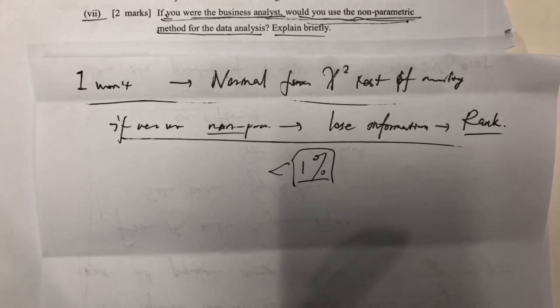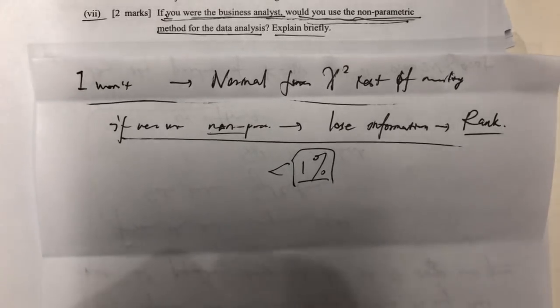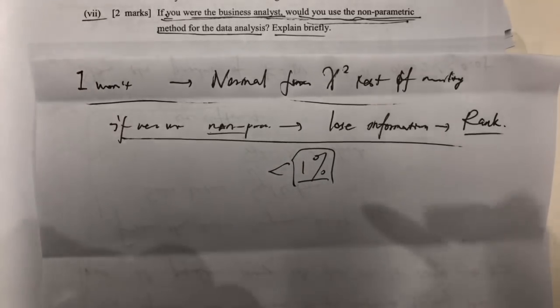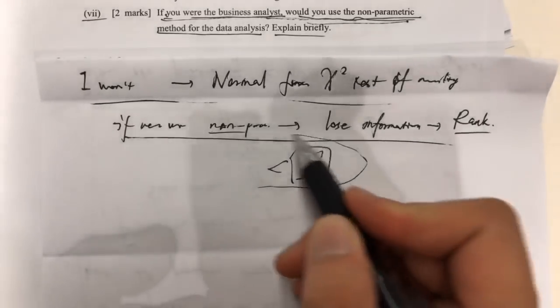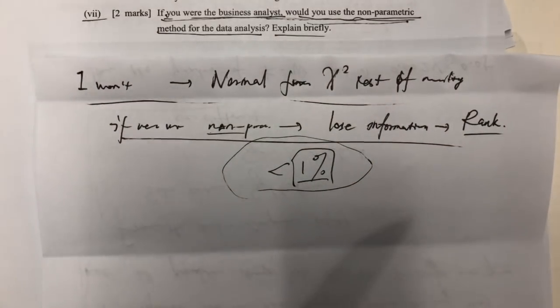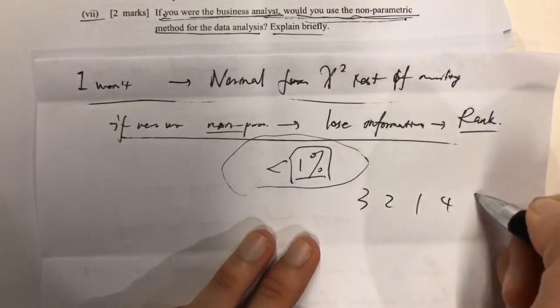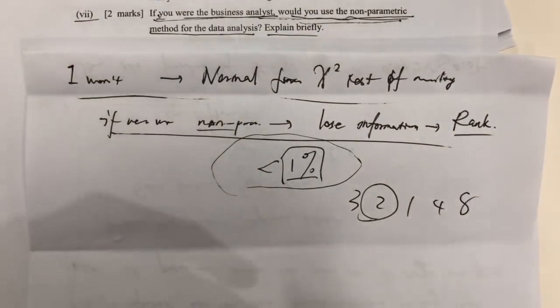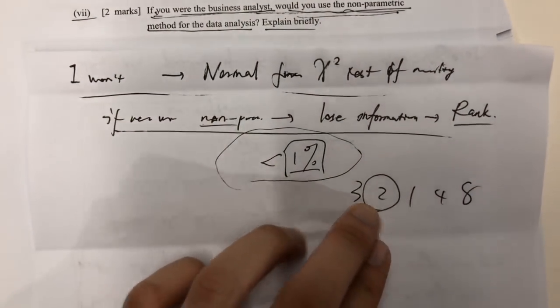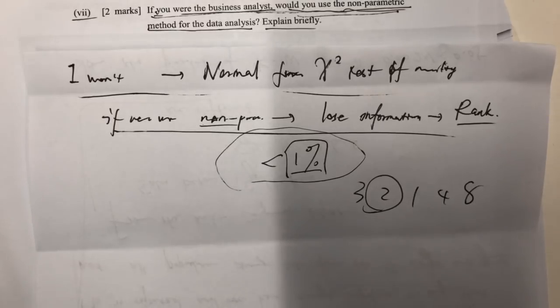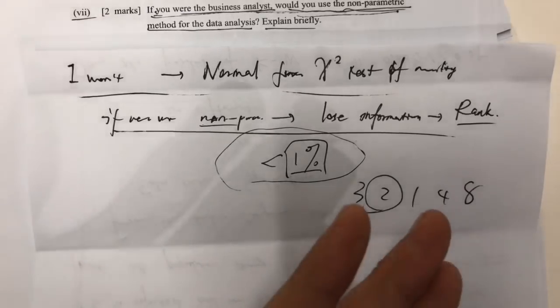Clary Huang asks whether we will be asked to do non-parametric tests manually. From my perspective, the possibility of testing manual calculation of non-parametric tests is less than 1% because it's too complex. But it's still possible to ask you what is the rank of a specific data. Okay, like we have 3, 2, 1, 4, 8. So what is the rank of these values? You need to know what is the rank of a specific value. That's from experience. Okay, but as I mentioned, anything can happen, right?